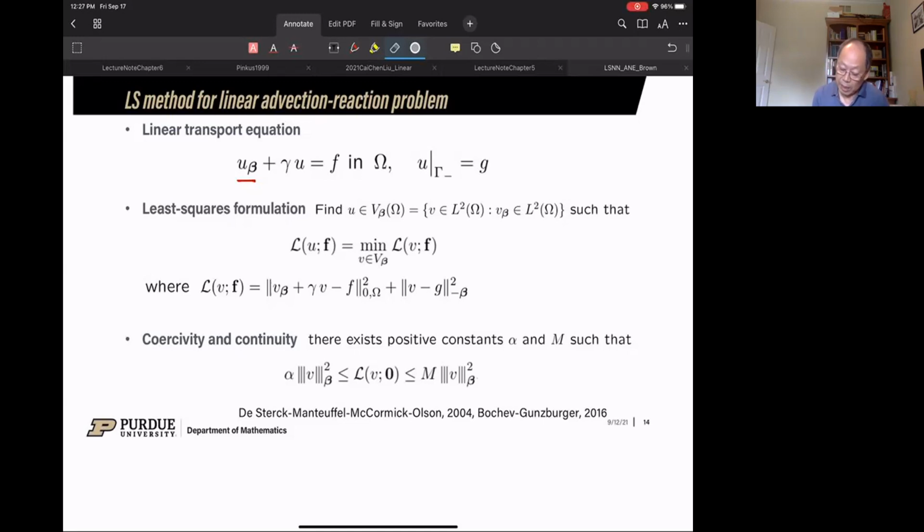So if we simply apply the least squares, this is the L2 norm for the equation. And for the initial data, instead I call it the inflow boundary conditions, because we always compute in a bounded domain. This one is also L2, and it only depends on the inflow boundary part. This is very important. If you look at the elliptic problems, we have a very, very different scale.